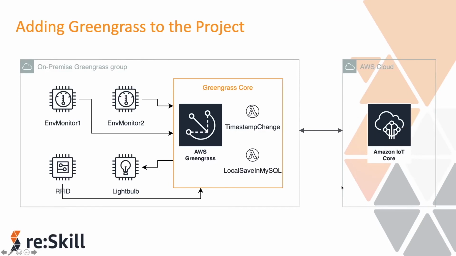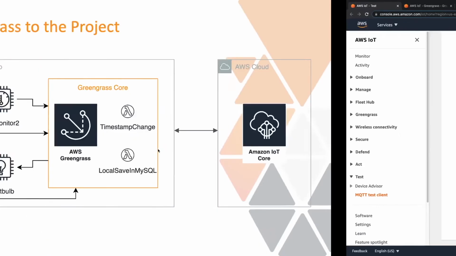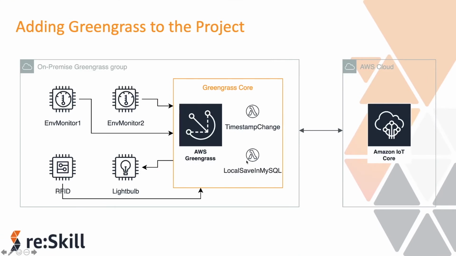Now that this data has started coming in, which is what we wanted, here it goes to IoT Core. There are ways of how we can store that data locally in the Greengrass thing itself. There's one more Lambda function that you can explore. It will store it in a local MySQL database. Now what we can also do is have one more Lambda function. Let's say we want to store these messages locally, and then maybe we want a lambda function that runs periodically and aggregates the data in the last 1 minute, last 1 hour, and then sends it to IoT Core. Stuff like that we can also do.